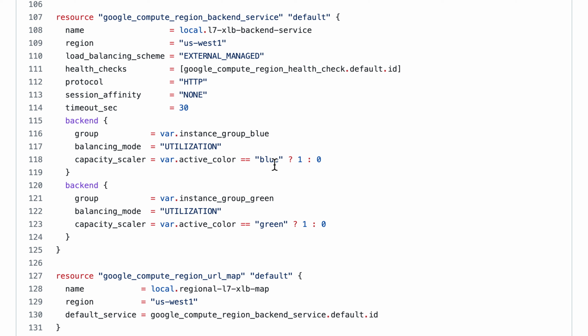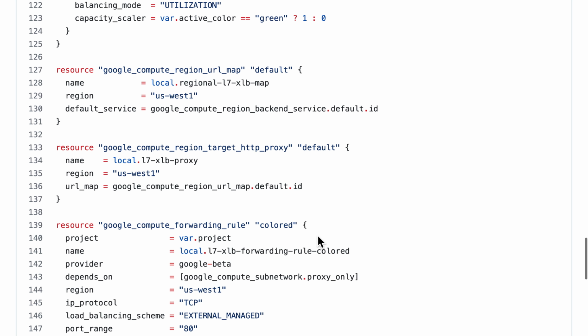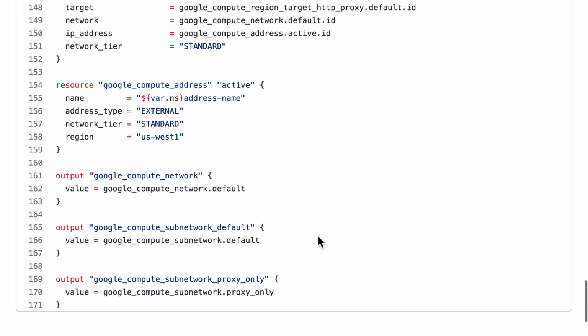I'm checking if the active color is blue, then 1, meaning 100% of capacity should go to the blue group. And if the active color is green, then 100% will go to the green group. So this is the place where you could do canary, for example. You could say 90-10 and so on. If this is what you want to do, you would do it right here. And otherwise, there's nothing else interesting here except that